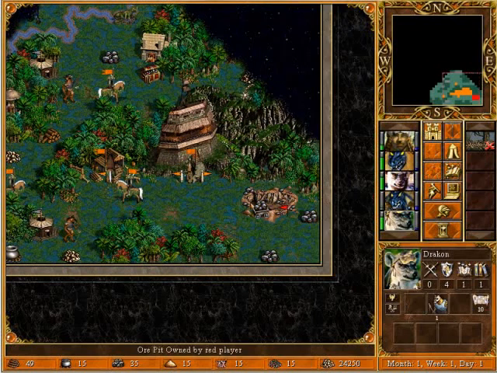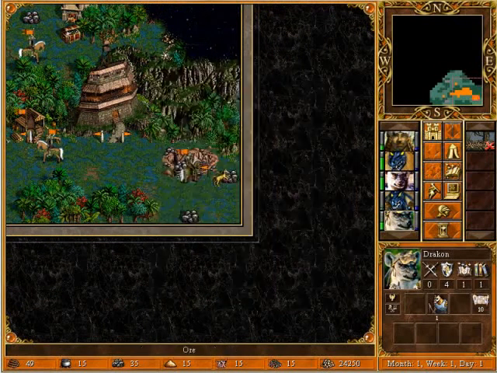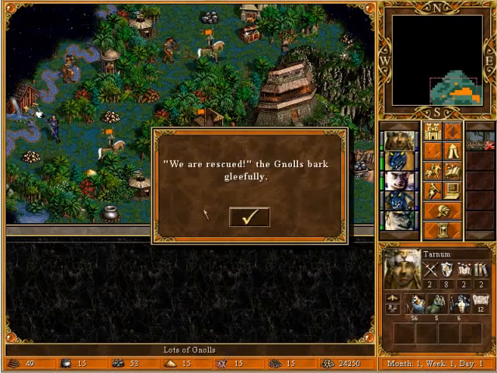Maybe not. Okay, Dracon. You flag the ore pit. And then Tarnum. You could...